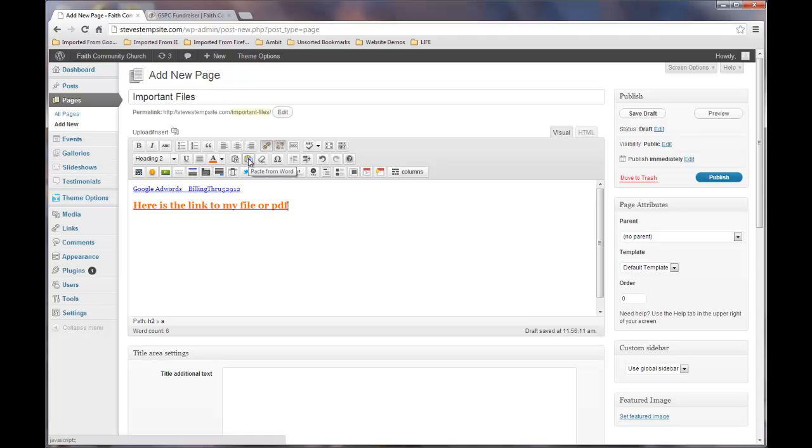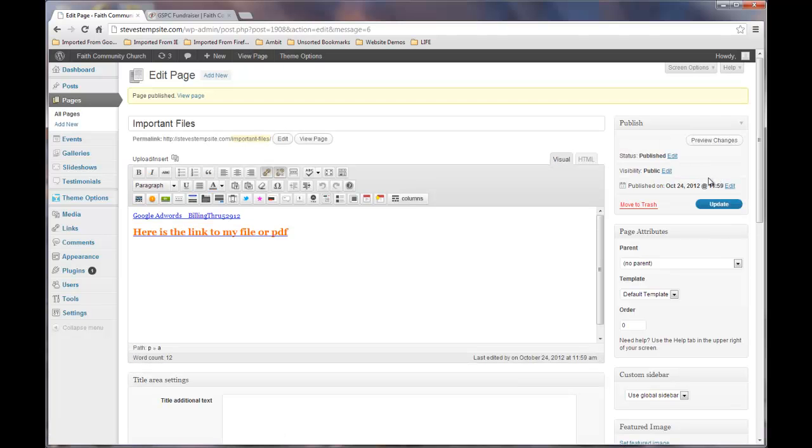We can copy and paste from Word, other text, underline it, center justify it, numbers, give it some quotes like as in a testimonial. We've got column formatting, all kinds of different ways to play around with this stuff. But I'm just going to publish it because this is basically the process. So now I've got a page called Important Files